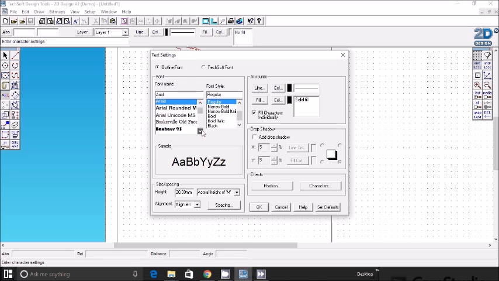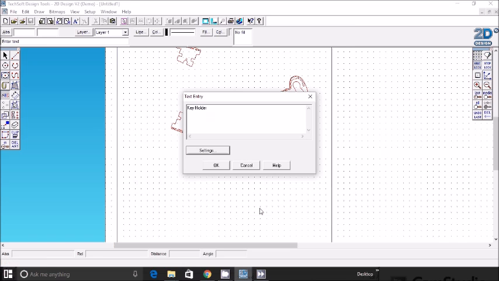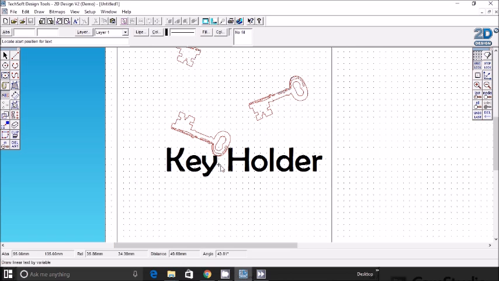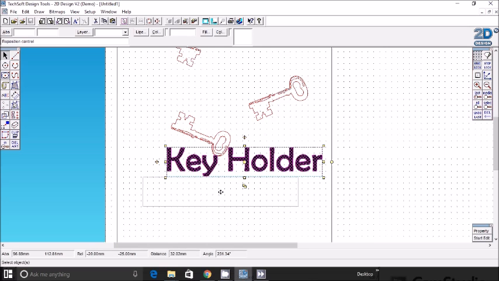So let's say I wanted Berlin Sans FB. I can click OK and OK again. Now what I could do is, again using this middle button, move that word into position. Maybe I want it at the bottom,